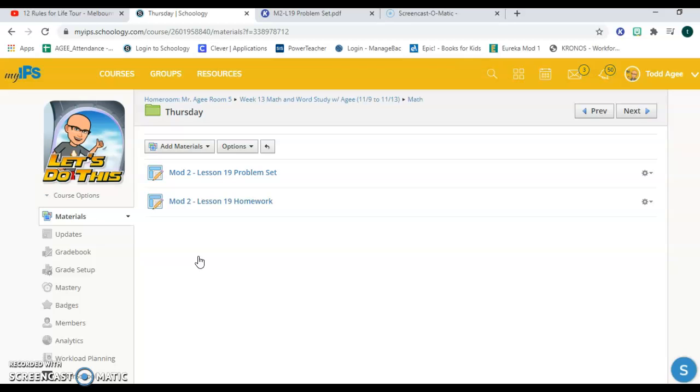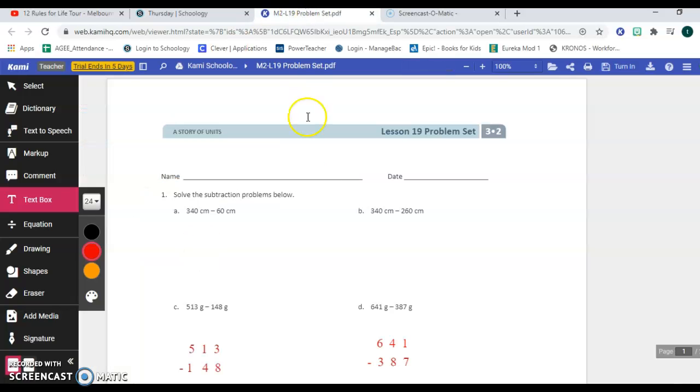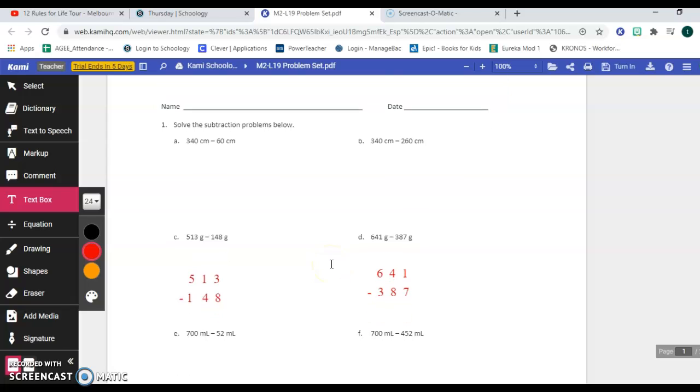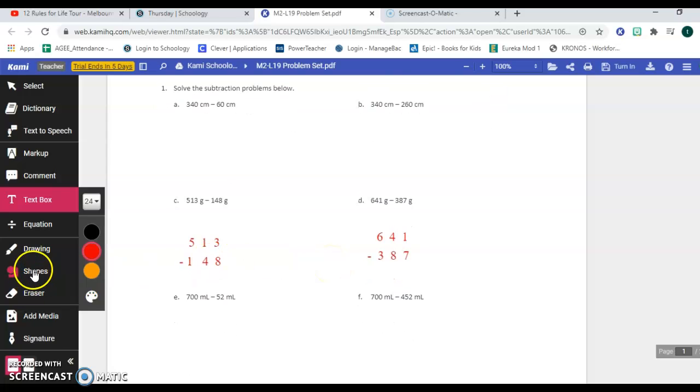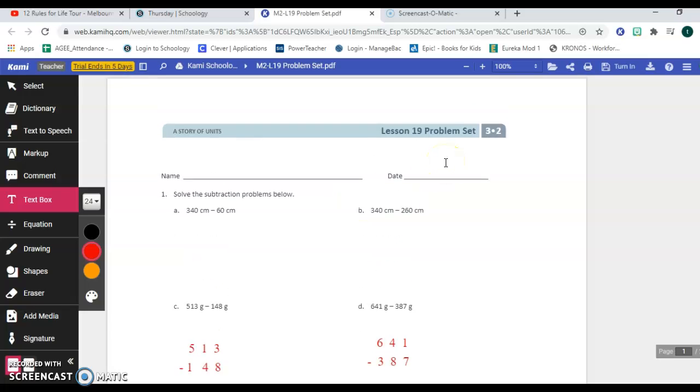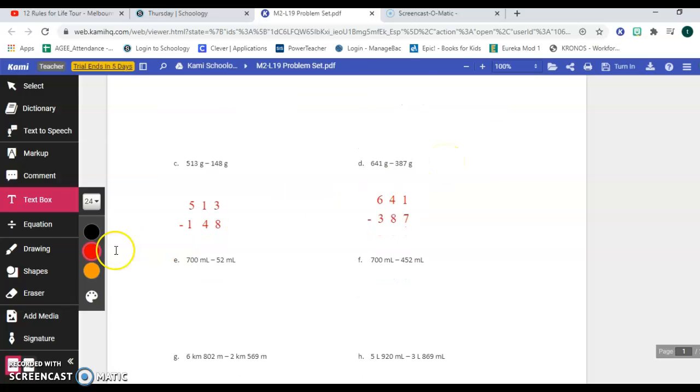It's a lot more subtraction practice with borrowing, except they take it a little step further this time around. And I'm not going to do too much because I want you to get the practice. On some examples, like on these two examples here, 1C and 1D on the lesson 19 problem set, they ask you to subtract using the standard algorithm, and in these problems you're going to have to borrow twice in the same problem. So I just wanted to model for you what it looked like